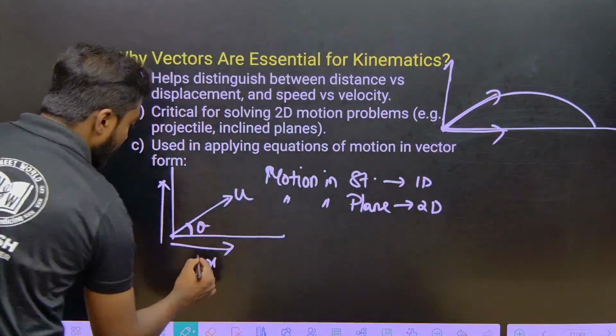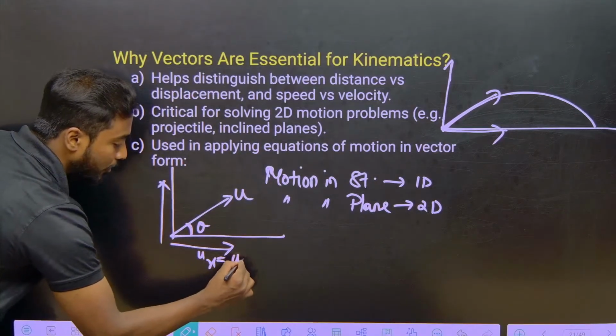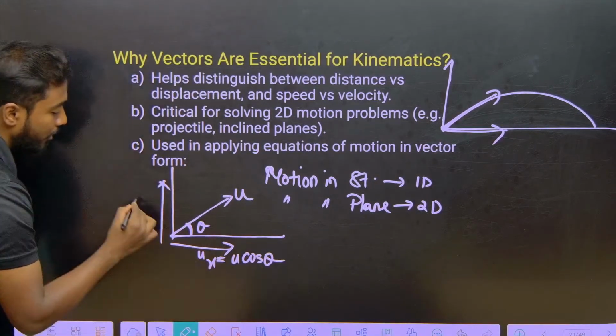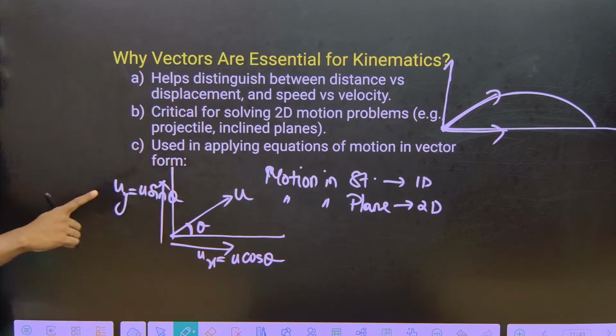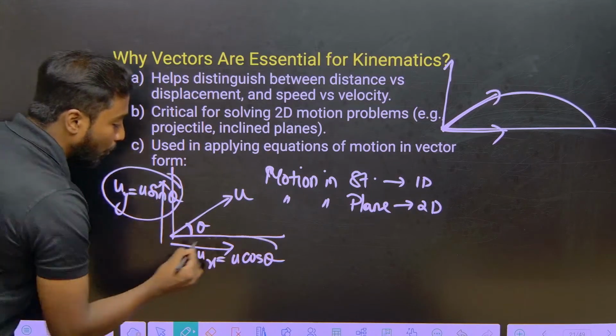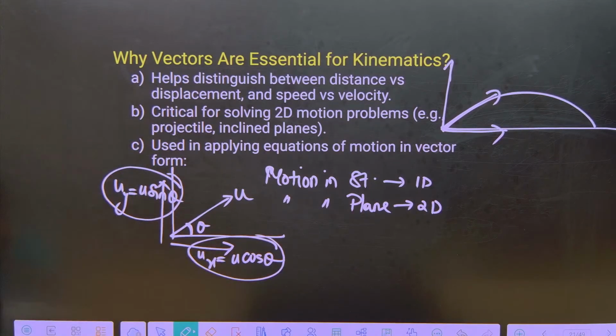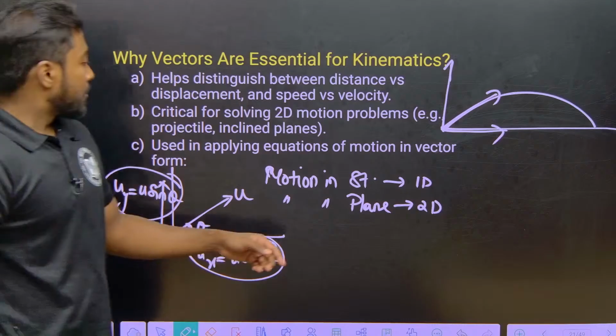So ux equals u cos theta, uy equals u sin theta. This is where the components are taken, and this is also said to be a vector component. We say a vector has magnitude and direction, both are there. So next is,